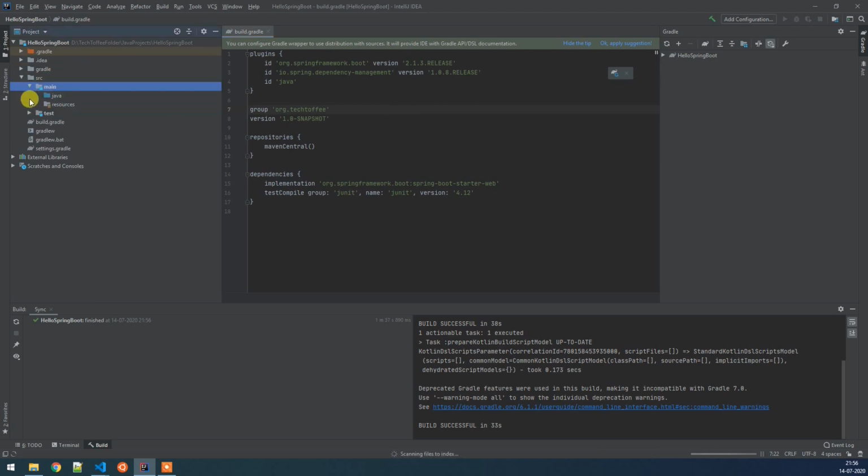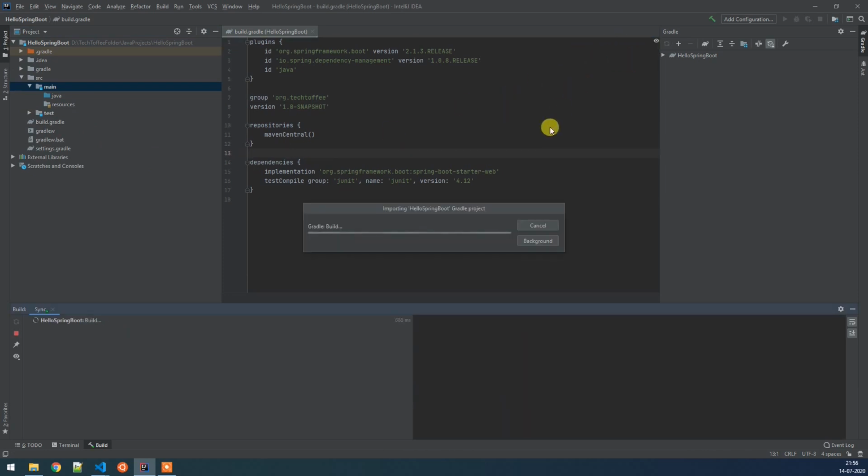Inside the source folder we have a main folder and a test folder, and inside the main folder we have Java and resources folders. Now we will let it import the Gradle build.